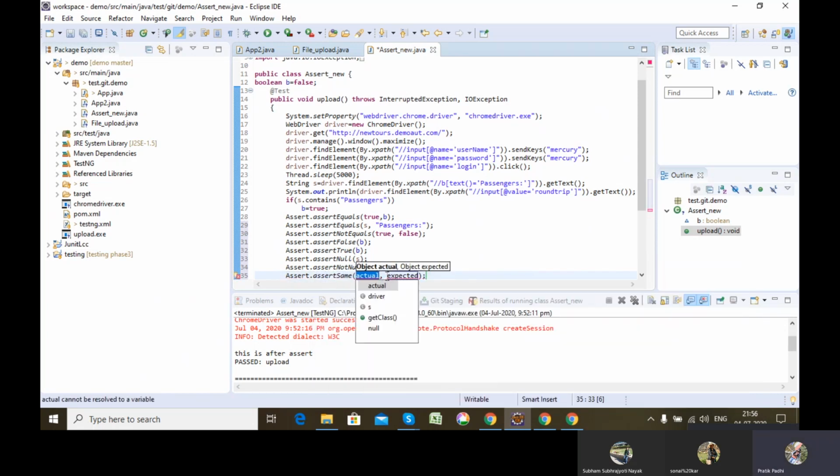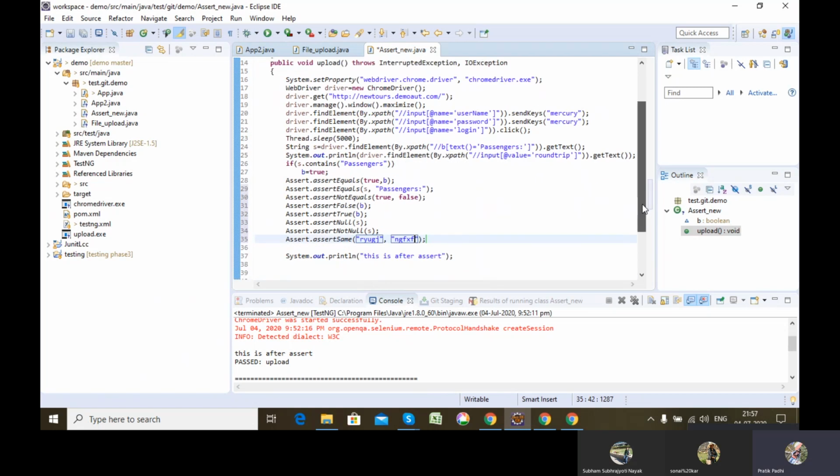Similarly, here what is happening is, it is checking that the objects are of the same type. Let's say, for example, here if I pass RTXY, and here I have anything, it will pass because both are of string type. So here assertSame is not comparing the value, it is comparing that the objects present in the arguments are of the same type. It will pass because both of my arguments here are of string type.